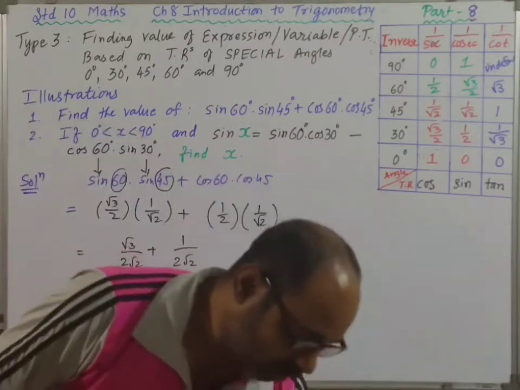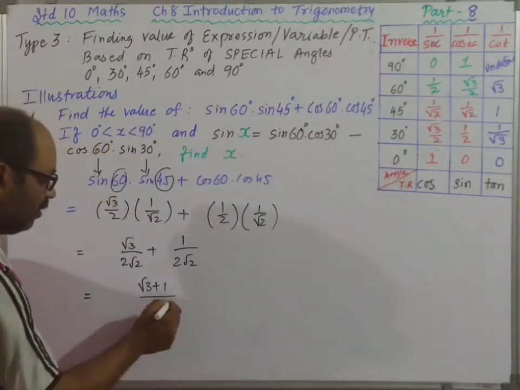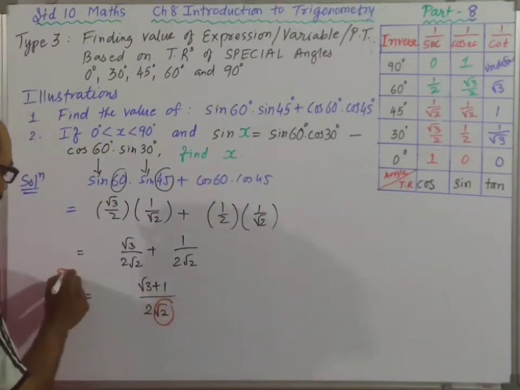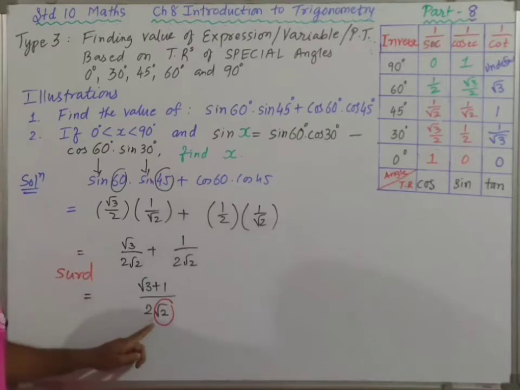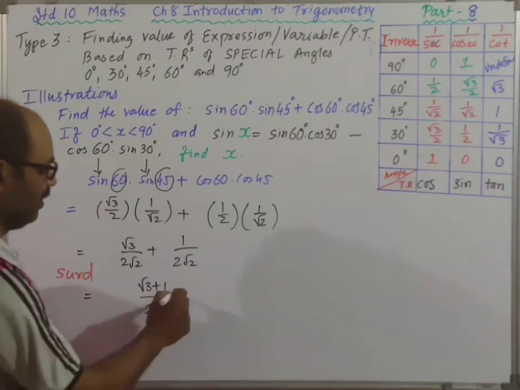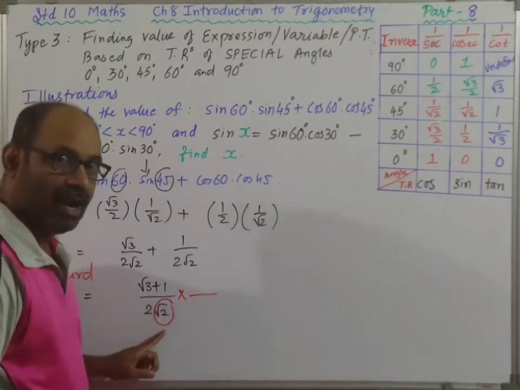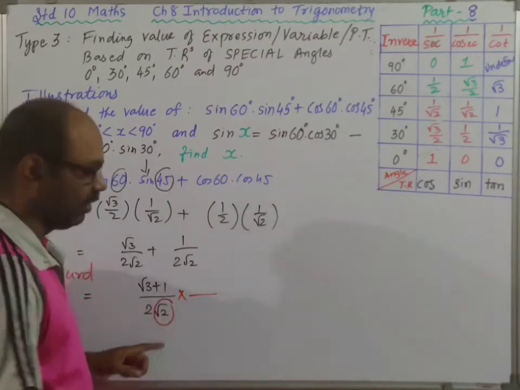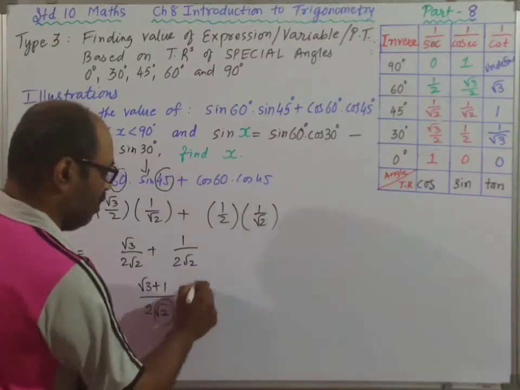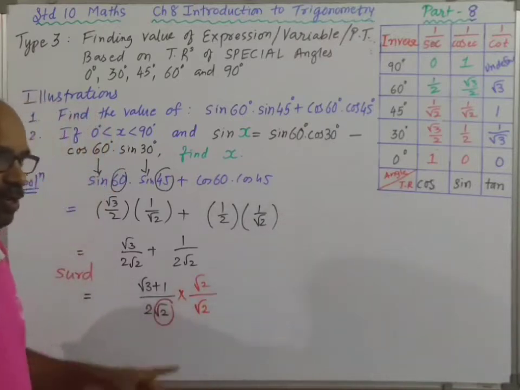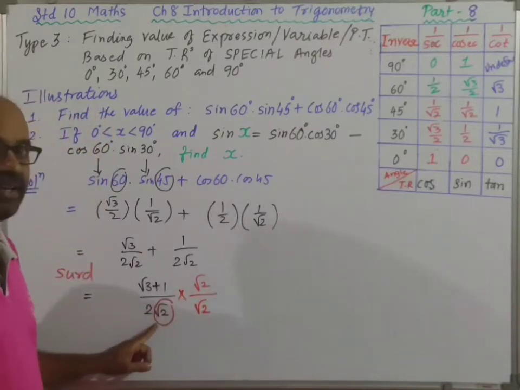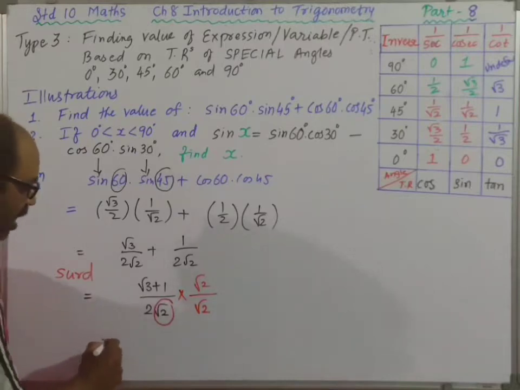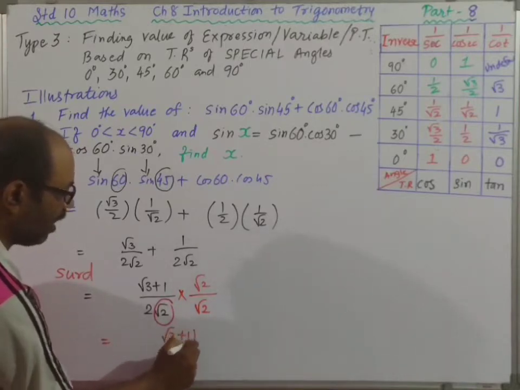Children, there is a hurdle. Root 2, because of that this has become a surd. Because of that root 2 in the denominator, this expression is called a surd. A surd should never be kept in the answer form. So rationalize the denominator. The unwanted is root 2 in the denominator. If you want to get rid of it, multiply and divide by root 2. So root 2 is the rationalizing factor of root 2. Let's go, now root 3 plus 1.